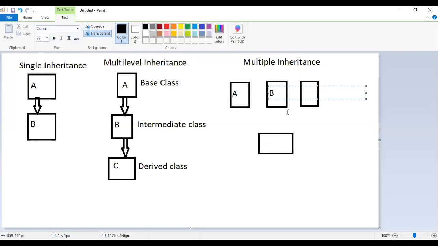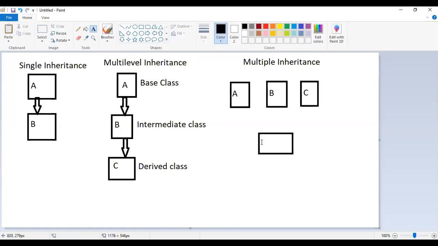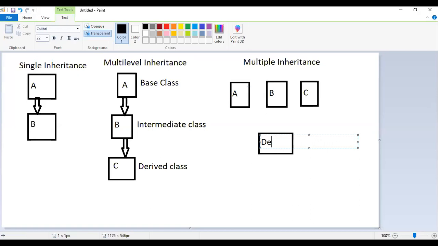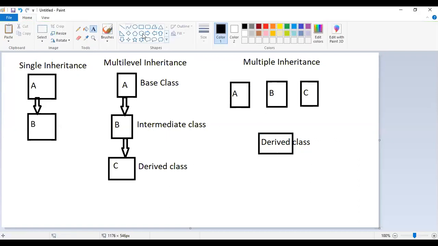So A, B, and this is C, and this is our main derived class. All these classes are directly connected with this.